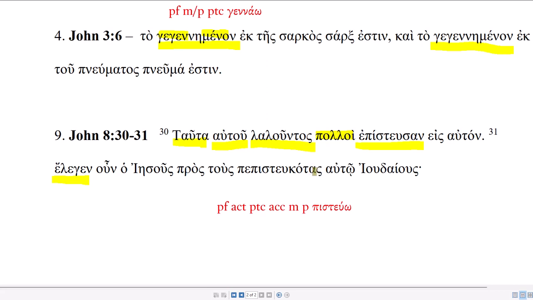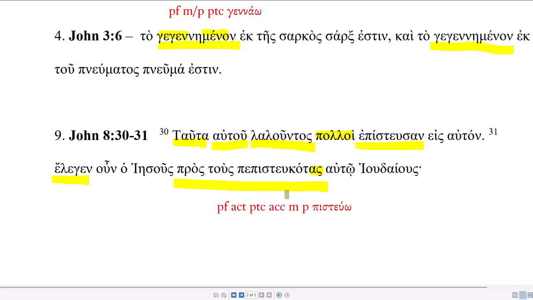The as is telling us that we're looking at an accusative masculine plural. So those endings s, on, sin, as, that's accusative plural. So we have a perfect active participle, accusative masculine plural from pisteuo,